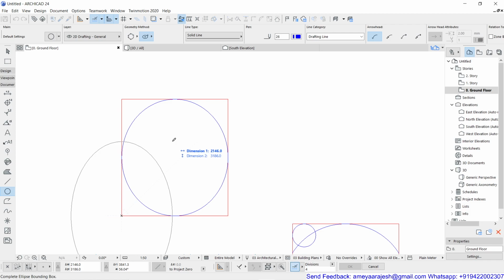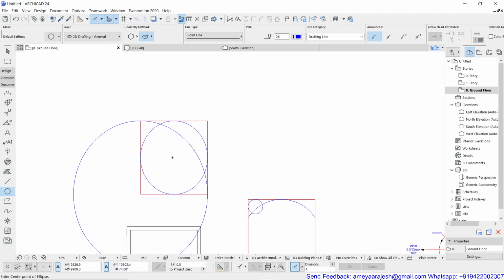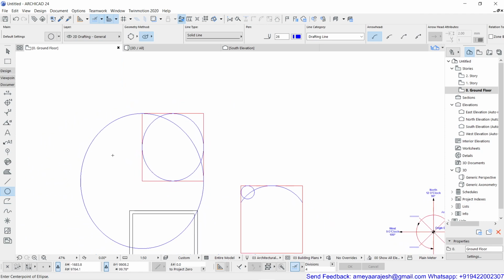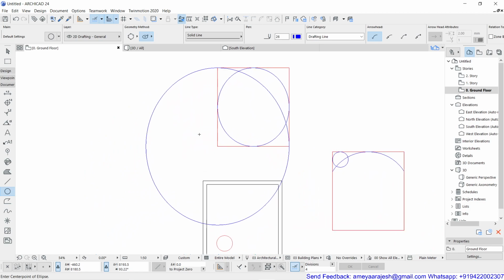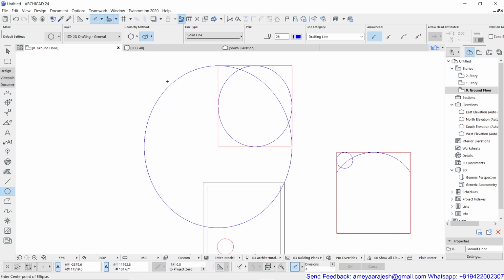That means it is not supposed to be the entire box which you have defined. Of course, the imaginary bounding box is something the software is going to consider. But what is exactly happening when I'm trying to click that opposite corner of the rectangle? So half of my major and half of my minor axis distance I'm specifying, and then I'll pick this point and you will see how it is supposed to be all together. This is how you have completed the ellipse with the second geometry method.